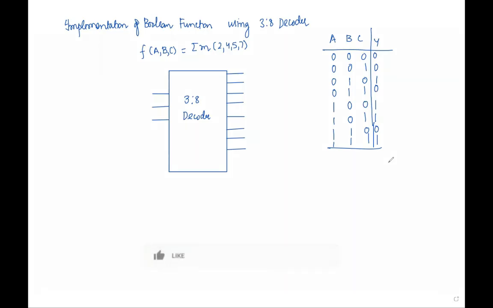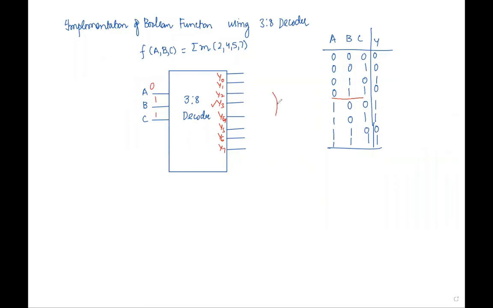Now, what will you do? You will implement this. Your input will be ABC. When ABC is applied here, suppose you apply 0, 1, 1. Corresponding to 0, 1, 1, you will have a particular output being activated. 0, 1, 1 corresponds to 3, so this will be activated, and the others will not be available.